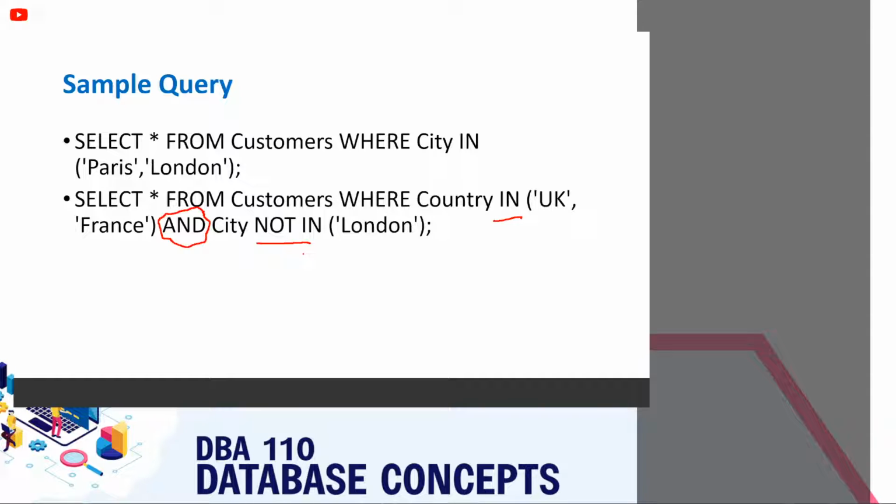So that means that the country column for the record is going to have either UK, United Kingdom, or France as the data value. However, what must also be true